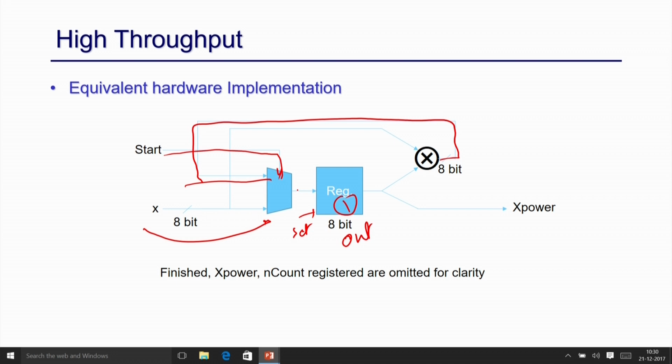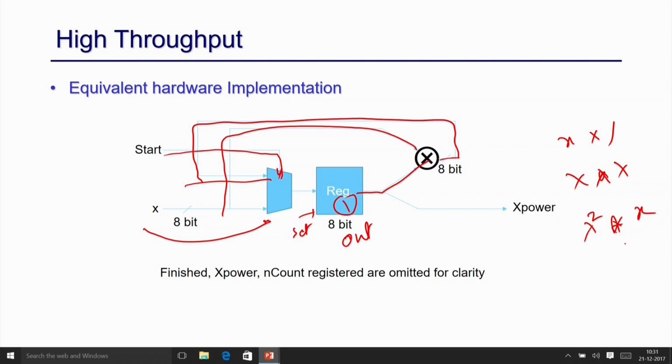After start, x will come. In the first clock it is x into 1, because x is going here and this is 1. Then in the next clock this will be stored back, so x into x becomes x square, and then you multiply again by x, so it becomes x cube, right. This is how the iterative algorithm works, and it needs 3 clocks to complete. I removed the other signals just to make the circuit a little simpler,